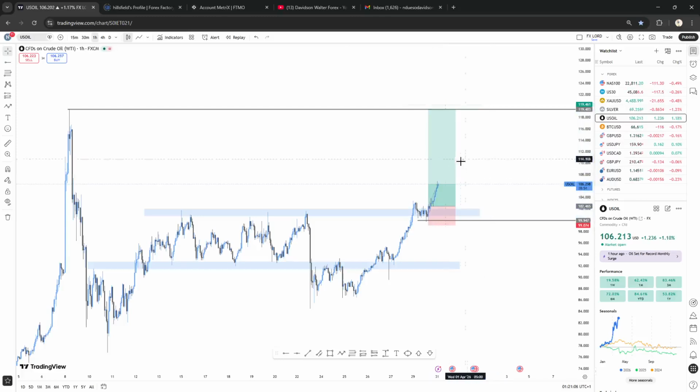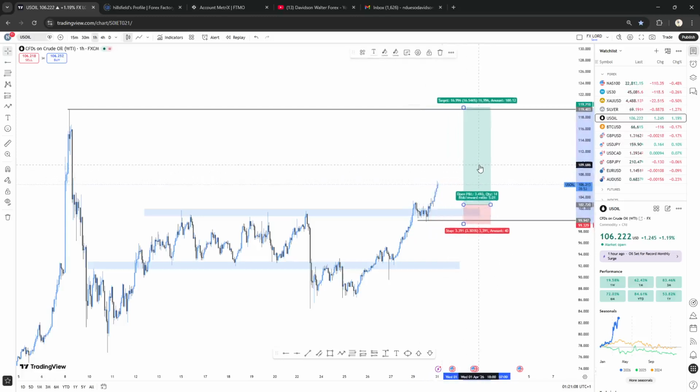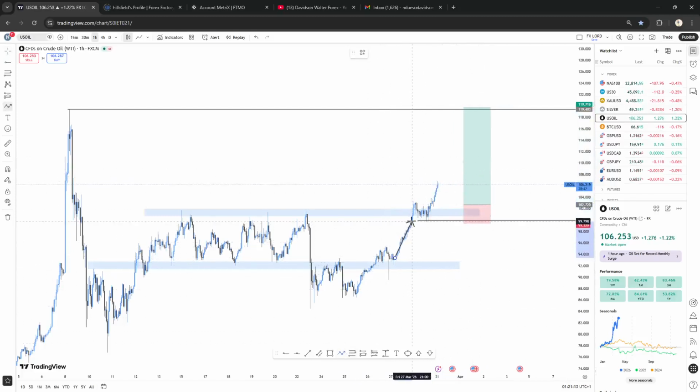When I came to my chart and I saw that, last night I was literally waiting for a correction. Last night, the market was at this level. Then when the market opened, it pumped all the way above the resistance level. But obviously, I didn't want to rush in because I didn't want to be taken out. If I entered this market at this level, my stop loss would have been just below here and I would have been taken out of the market.